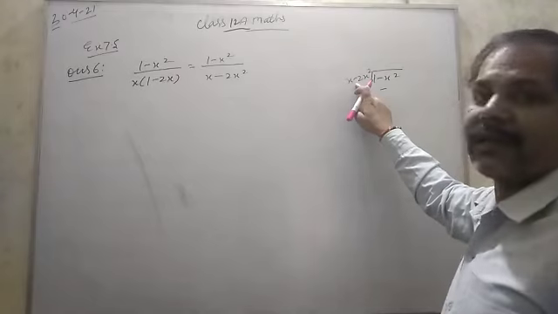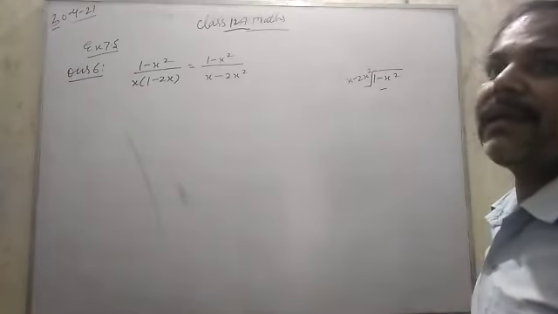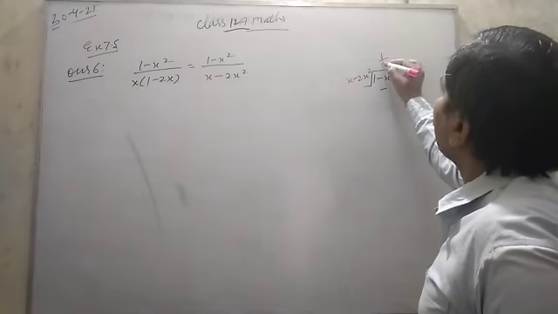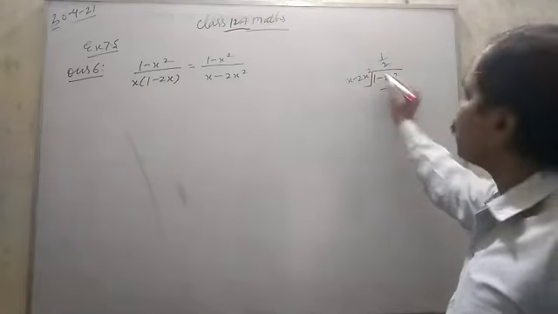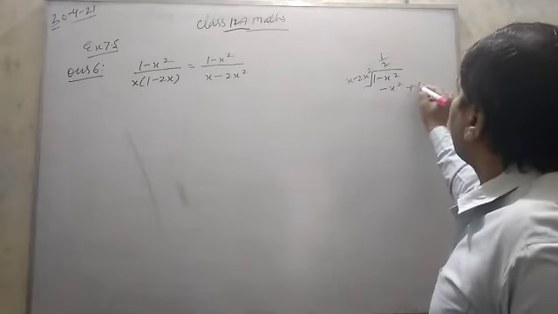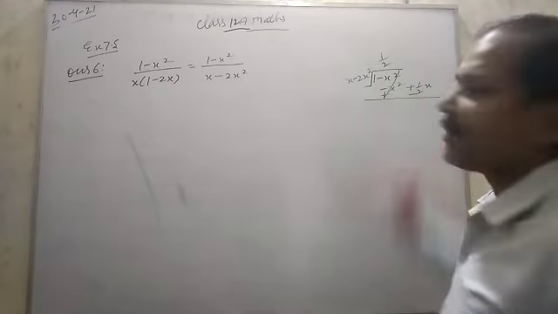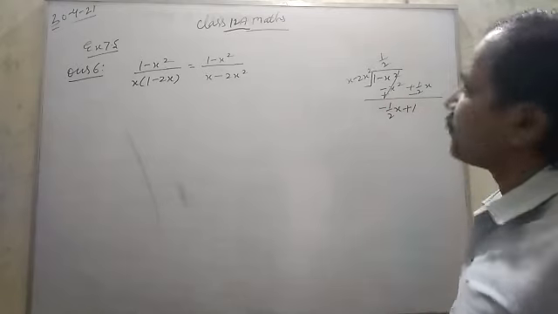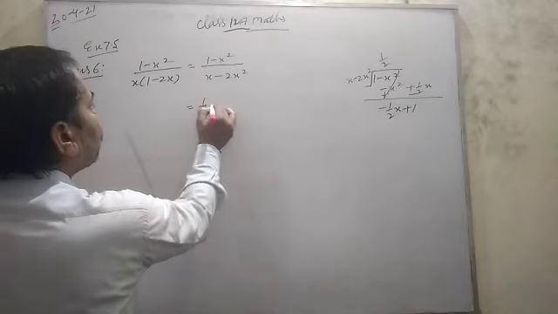And here 2x square and here x square. So in 2, by what we multiply to get 1? So by 1 by 2. Then multiply it. So 1 by 2 into 2 is 1. So this minus x square, and in that, 1 by 2 x. Then subtract, cancel. So this is minus 1 by 2 x plus 1. Okay. So this now we can write as 1 by 2 plus